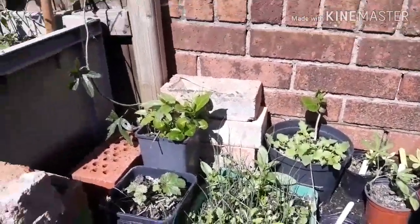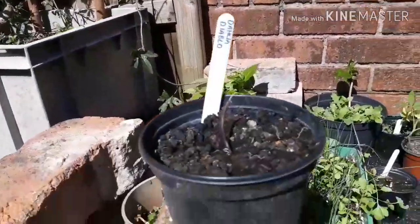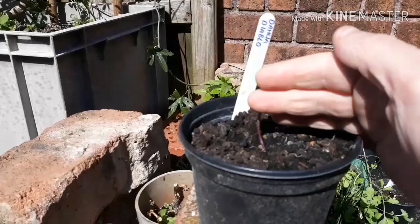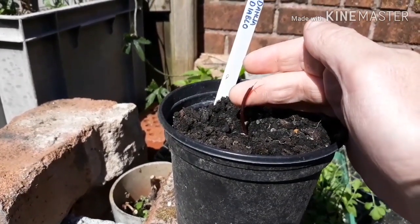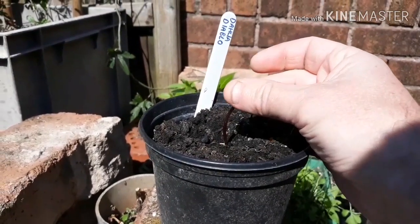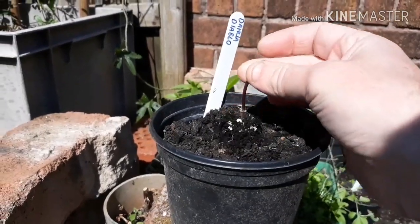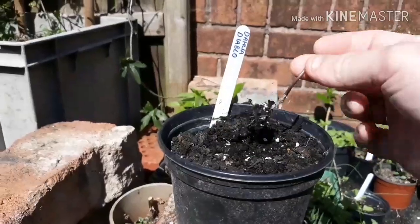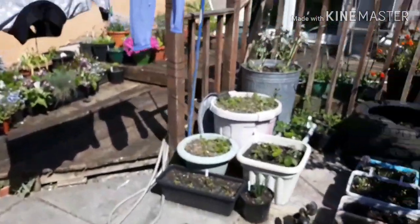Now I have noticed though, look, the dahlias that I had, Diablo, have been snailed or slugged. I think it was a snail because I caught the culprit. Let's just say the chickens enjoyed their meal. So that's a goner. I managed to save a couple and I put them into pots around here